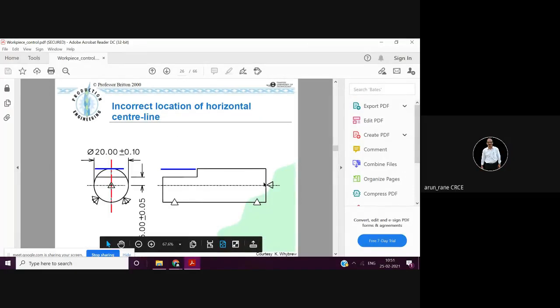So now here, see how the locators are. Now this diameter is 28, diameter is 20, and what we are going to do here, we have to maintain this distance, that is 5 millimeter. This is plus minus 0.05 on the center line. Okay, so the radial distance is 10. Now with respect to the center line, we have to maintain 5 mm and within 0.05. That means you have to take the reference of this center line. I said.